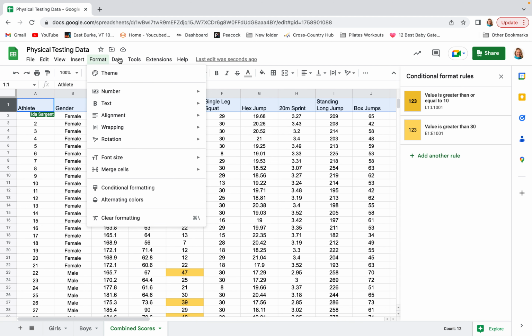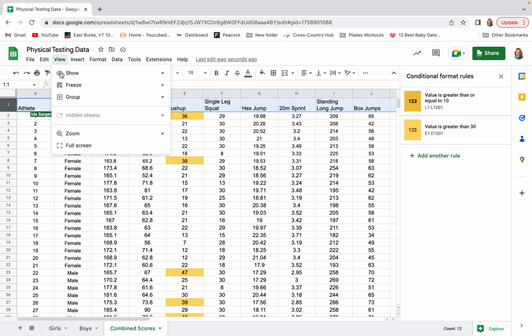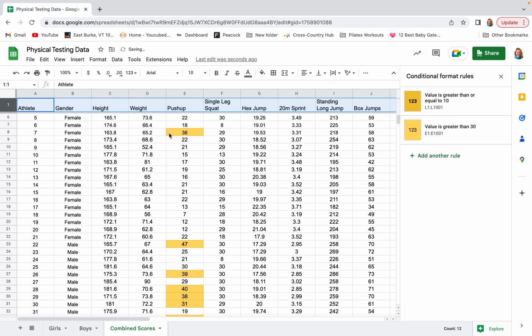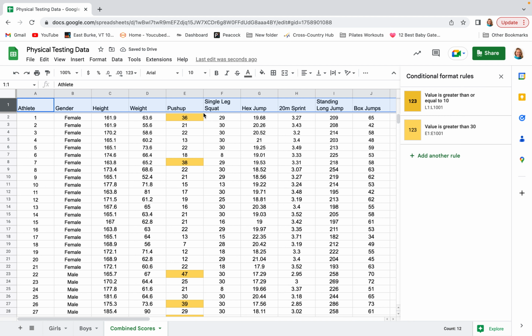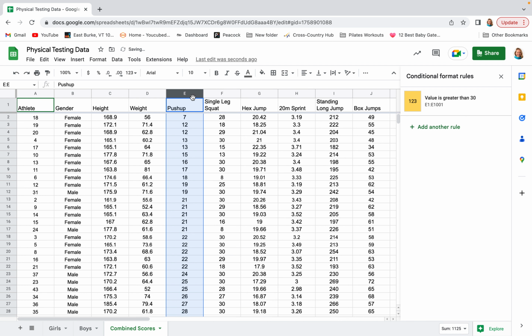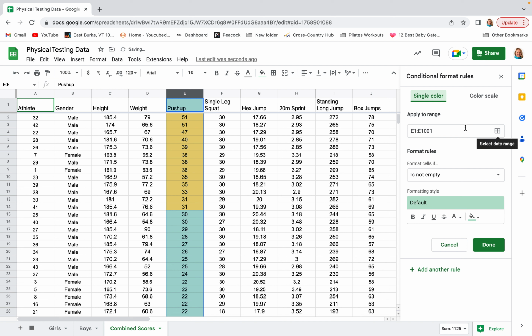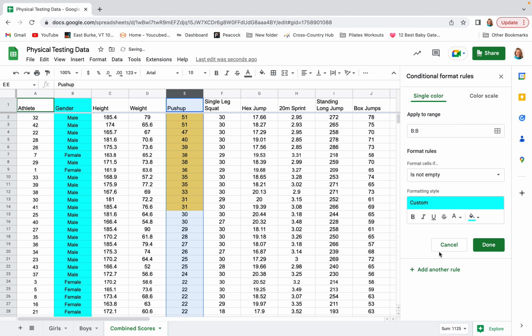Data, View, freeze one row because I want my header row to be frozen, but then I'm going to sort the rest of the sheet A to Z, or actually Z to A. This gives me the most push-ups to the least push-ups. And then I want to know in that top group of push-ups, how many are female? So I'm going to go to column B to B, and I want to highlight any of the girls, and